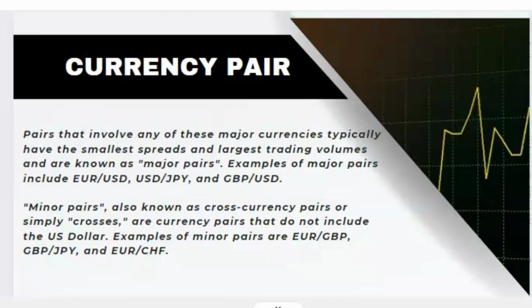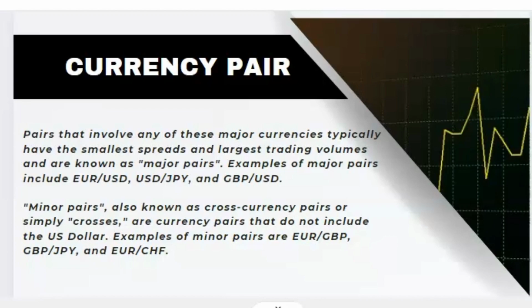So you get the difference now. If someone asks you now, what are the major currencies that are traded in the world? You have the US dollar, the Canadian dollar, the Great Britain pound, the euro, the Japanese yen, all of these. But now there is a difference between the major pairs and the minor pairs. The major pairs are when you are trading any of these currencies against the US dollar, while the minor pair is when you are trading any of the currencies, but you're not trading it